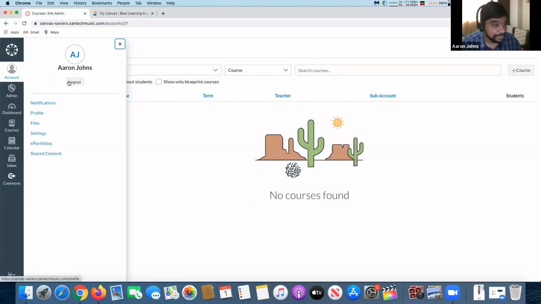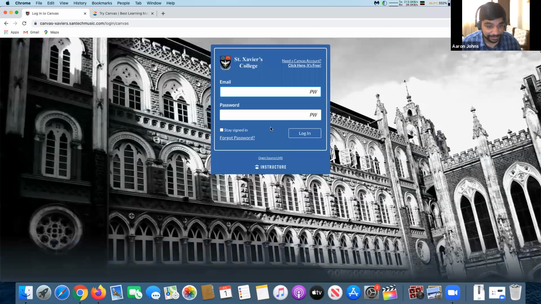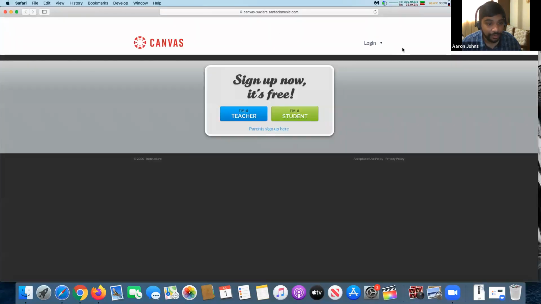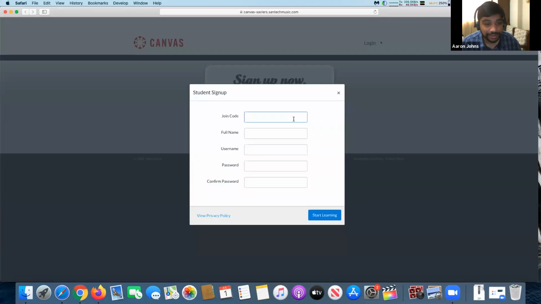Register. So let me show you how you register onto this. Over here, it depends. You're saying you're a student, right? Some people can join as a teacher, some people can join as a student. Now you want to join my course, you use a join code, right? And then you put a username. Since I'm a student, I put over here Aaron123 as a username. I'll set a password.